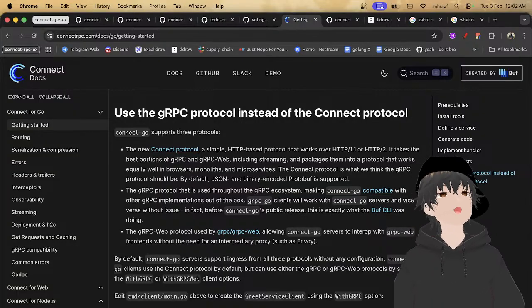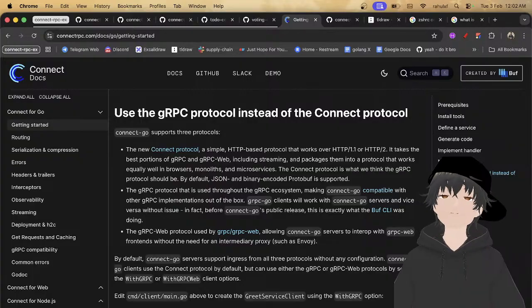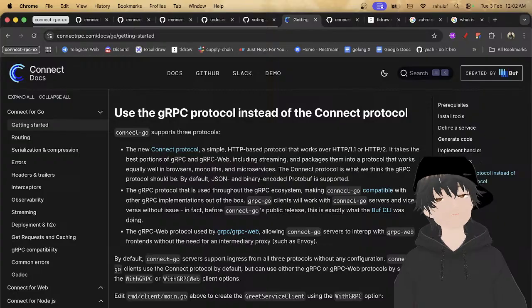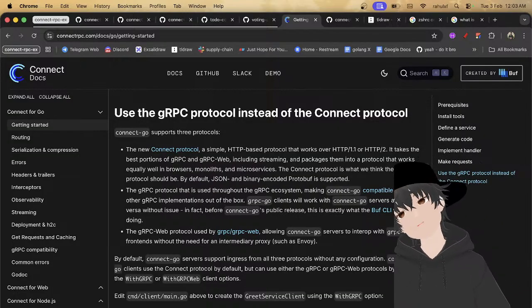The gRPC Go client will work with Connect servers and vice versa without issue.